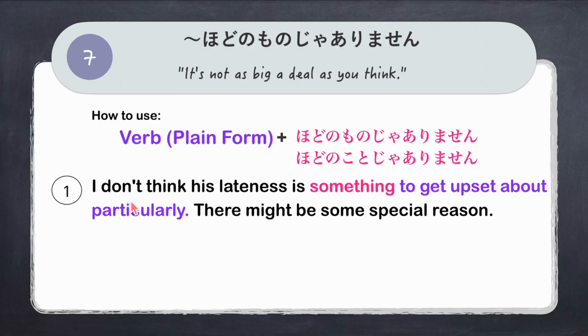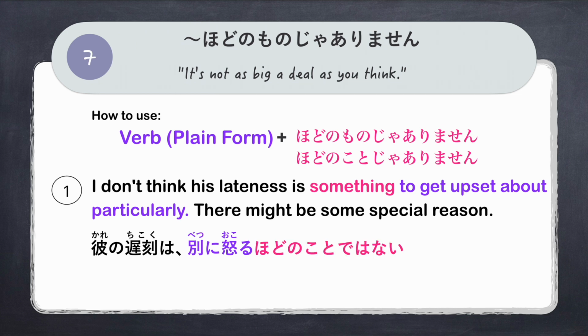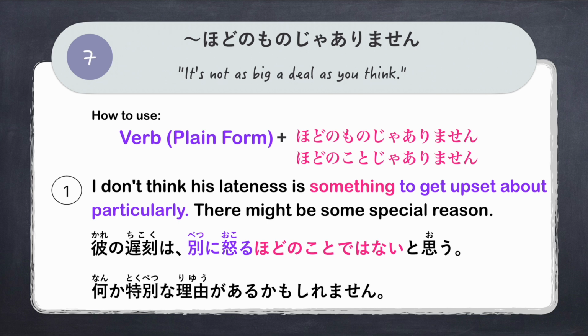For example, I don't think his lateness is something to get upset about particularly. There might be some special reason. So the speaker is saying that you don't have to make it a big deal. We say, 彼の遅刻は, his lateness. 遅刻 is lateness. 彼の遅刻は別に怒る, particularly or specifically to get upset, 別に怒るほどのことではない, to the extent that you have to be upset about it. So ほどのこと。彼の遅刻は別に怒るほどのことではないと思う。I think, okay? 彼の遅刻は別に怒るほどのことではないと思う。なんか特別な理由があるかもしれません。